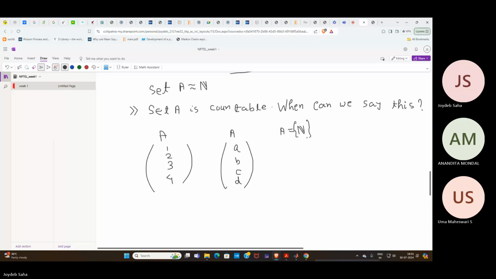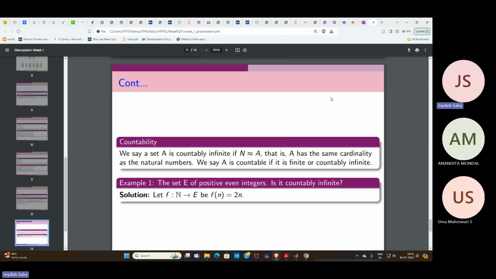Whether it has? No, sir. No. Because come to the